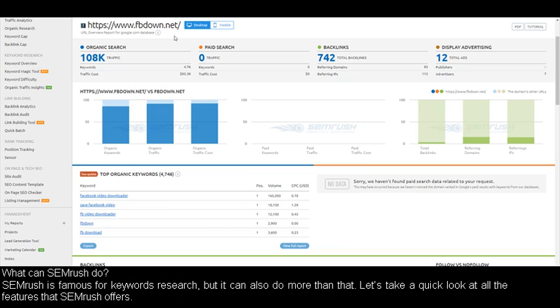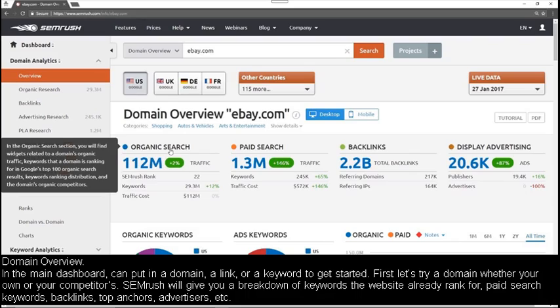What can SEMrush do? SEMrush is famous for keywords research, but it can also do more than that. Let's take a quick look at all the features that SEMrush offers. Domain overview. In the main dashboard, you can put in a domain, a link, or a keyword to get started. First, let's try a domain, whether your own or your competitors'. SEMrush will give you a breakdown of keywords the website already ranks for, paid search keywords, backlinks, top anchors, advertisers,